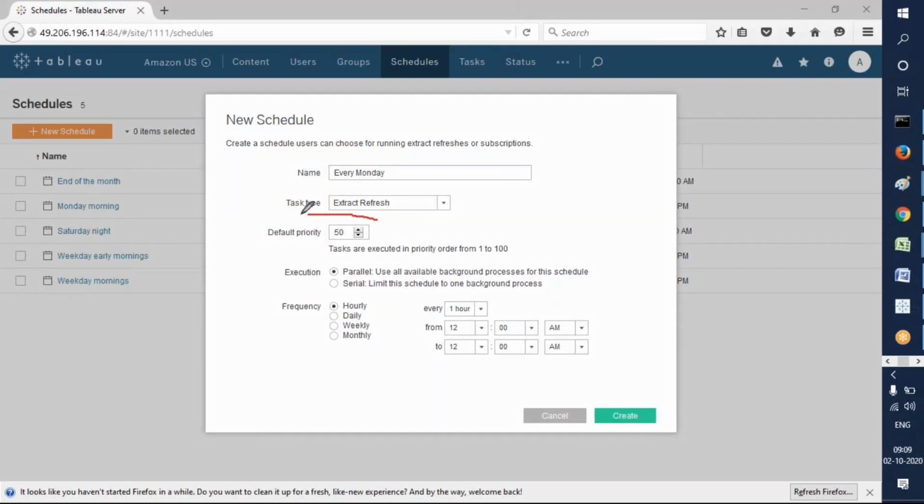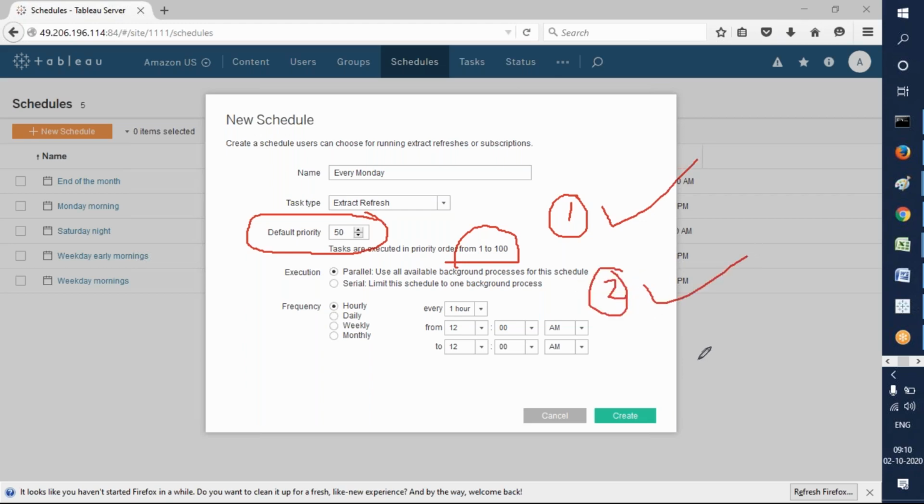And here, what is this option? Default priority. So default priority, it is showing as 50, and the lower the number here, so let's say if you have 1, then that will be executed first. If you have number 2, then that will be executed second. But what is this option here is,